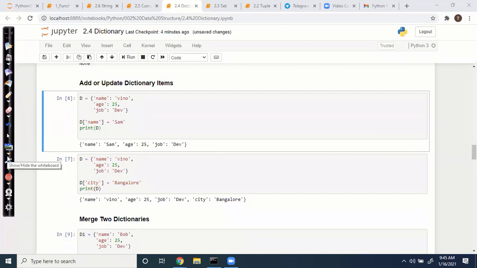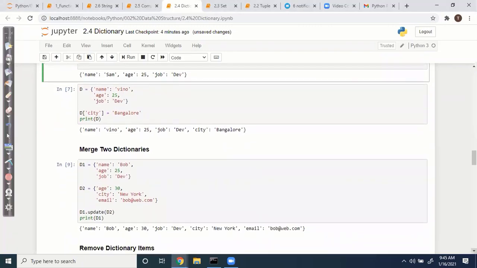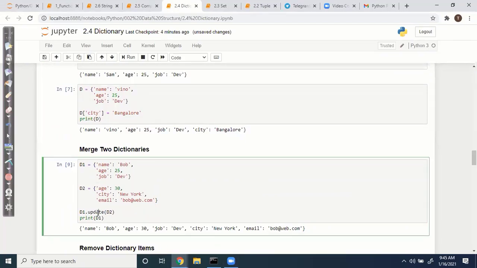How to merge two dictionaries? So you have two different setups, two companies' employees. If we want to merge them, directly you can use update. Earlier also we have seen update. Here name, age. Scenario is you have employee details in one table and employee salary in another table. You want to merge them. Okay, you can do this: d1.update(d2).